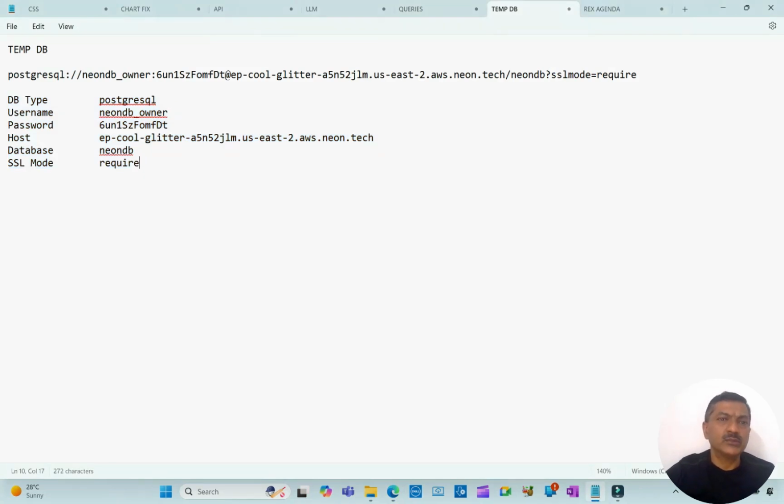These are temporary databases. It could be in this URI form, or it could be in this detailed form. Doesn't make a difference. Any form will work. It has the standard connection details, username, password, and so on. If you are sending in a URI format, typically Postgres or MySQL is mentioned there. If not, we need to specify what the database type is, whether it is Postgres or MySQL, because the queries are different. So I will share this,